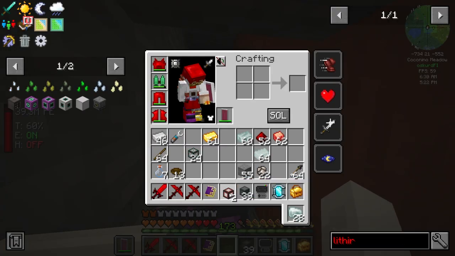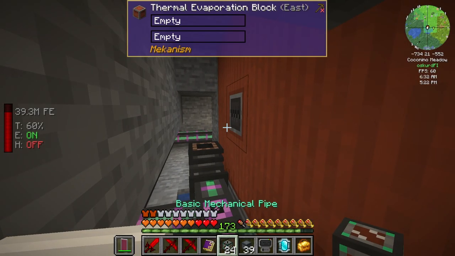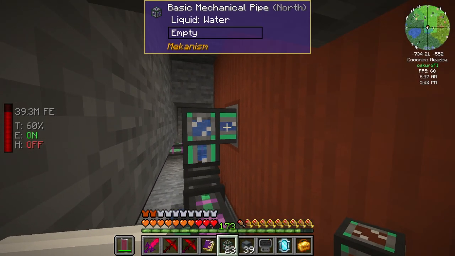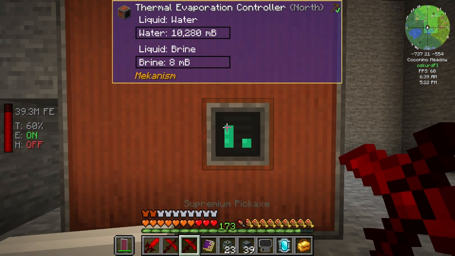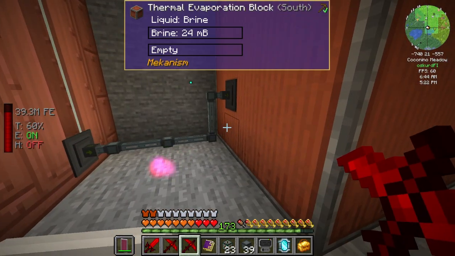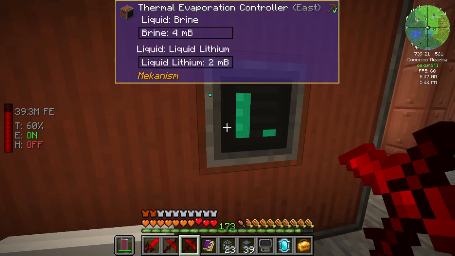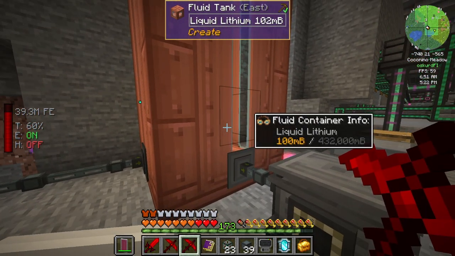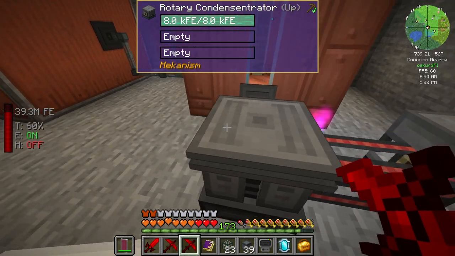So now we need to just put this fluid pipe there. And now it's making brine. Brine is going here. And then in here it goes to lithium, liquid lithium. And here we have the tank with liquid lithium. And then